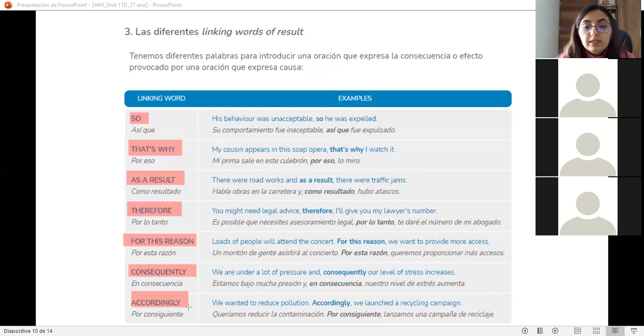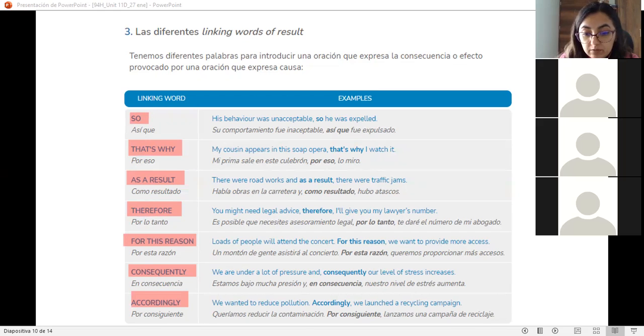Que serían palabras que nos permiten introducir el resultado o la causa, perdón, o la consecuencia de algo, ¿no? Okay, guys. So now that we have seen these few words, we can use as a result or